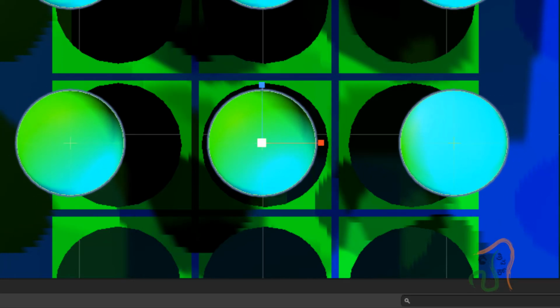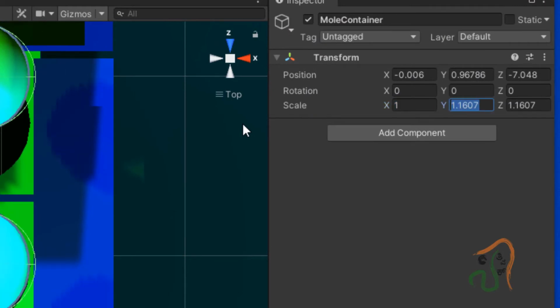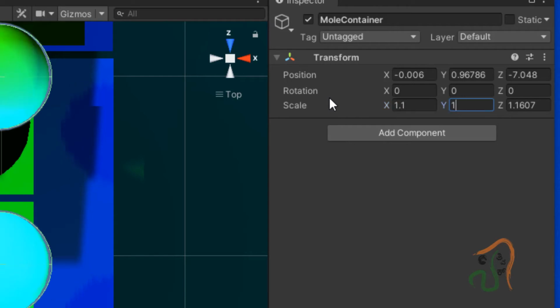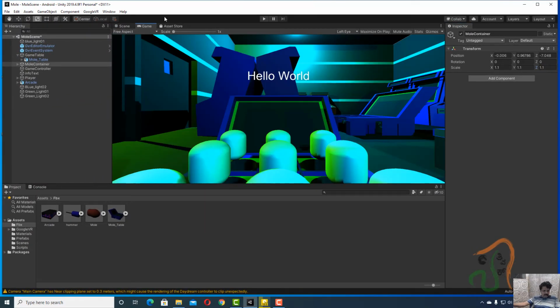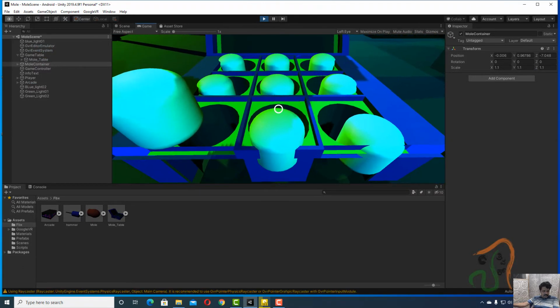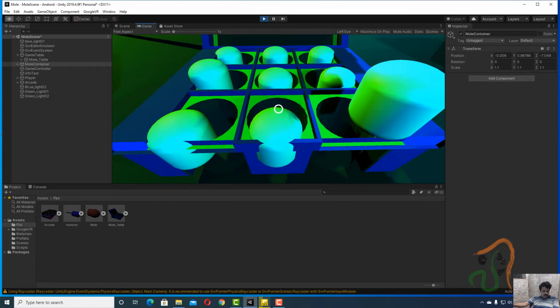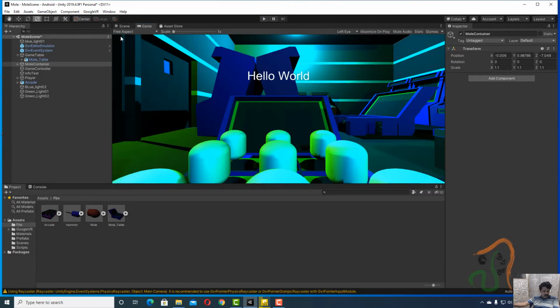Let us scale it by around 1.1. This is 1.1 x, 1.1 y, 1.1 z. Then come to game view and see it. If required, press the play button and click to see. Okay, the size is okay, but only the position is not correctly placed. So let us stop the playback now.